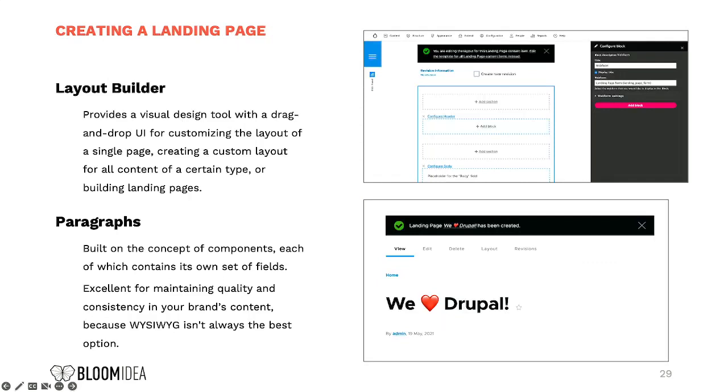Almost every campaign needs a landing page. That's where your visitors will land to read more about your campaign, and if you can convert them, they buy something or they subscribe to something. Okay, for that you also have Core Layout Builder to build your landing pages, but I personally prefer Paragraphs. Why?